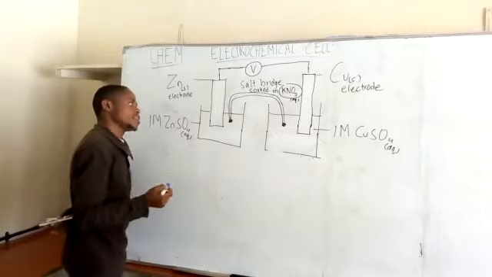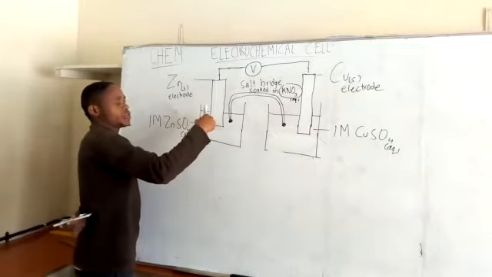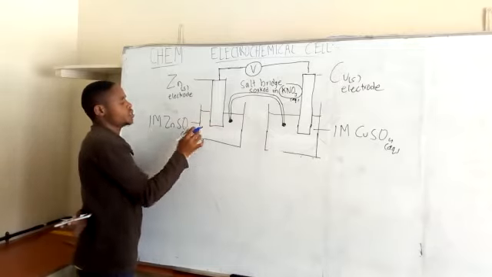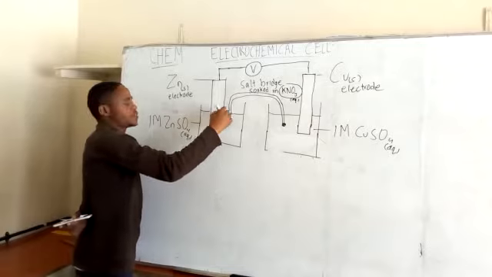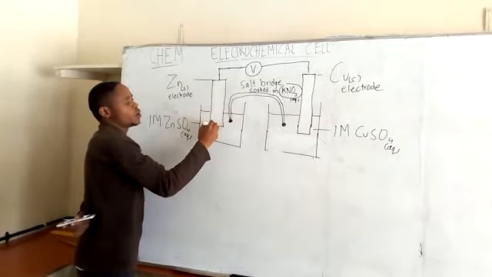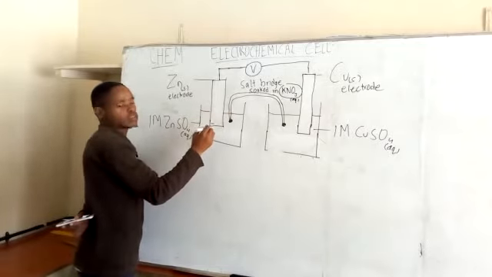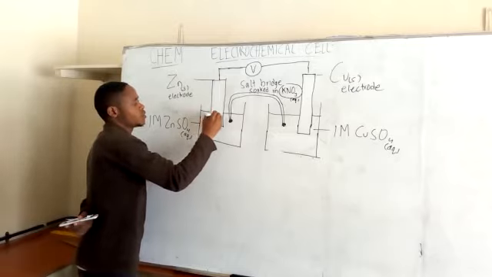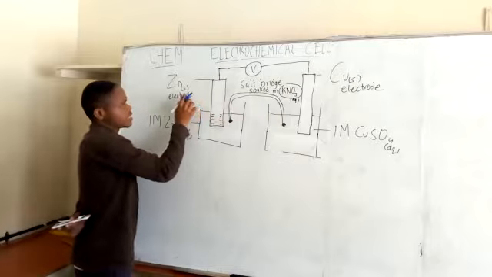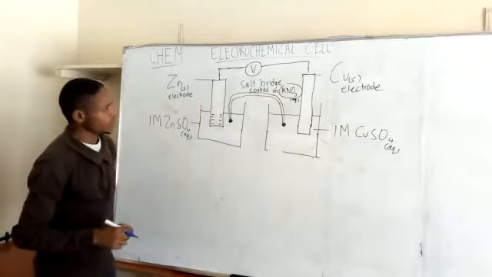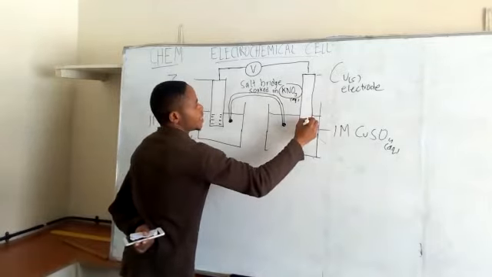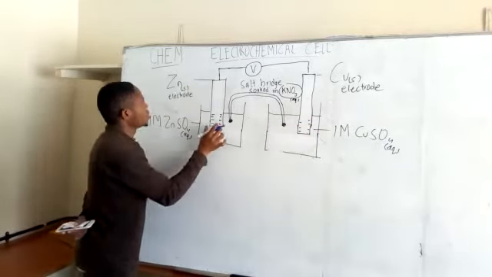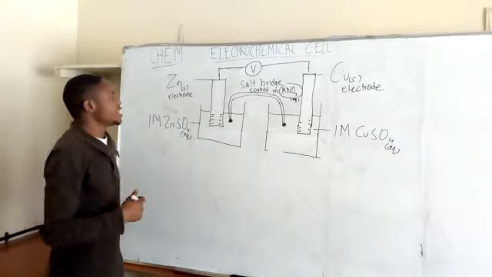So when the zinc metal is dipped into the zinc sulfate solution, the atoms on the surface of the zinc metal will lose electrons, and those electrons remain on the surface of the zinc electrode. Same case for our copper, it will behave the same, but now because zinc is more reactive, then the